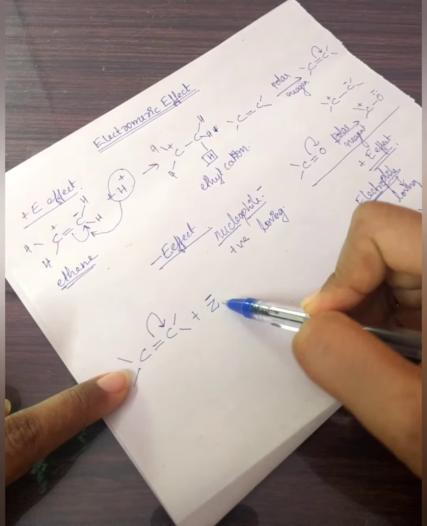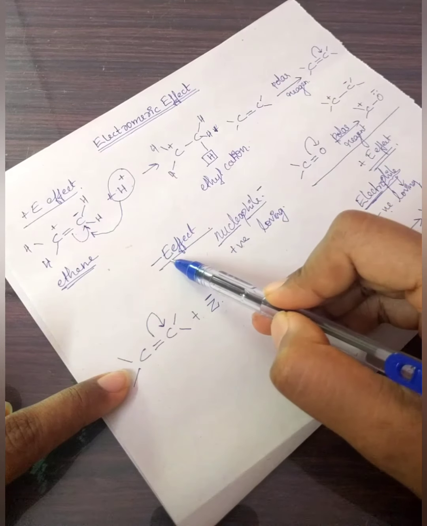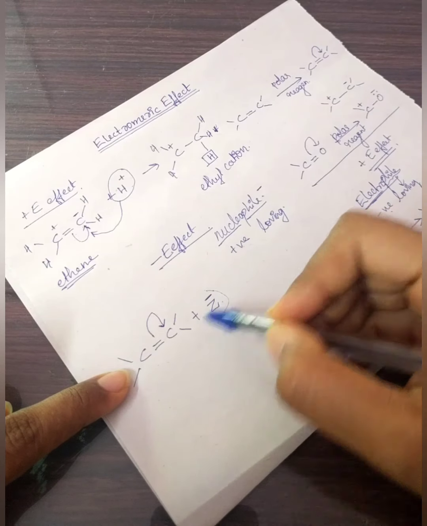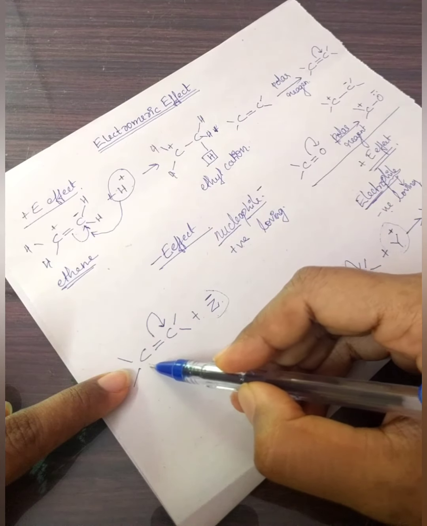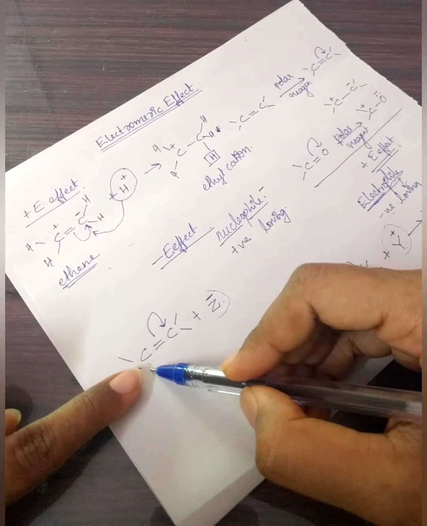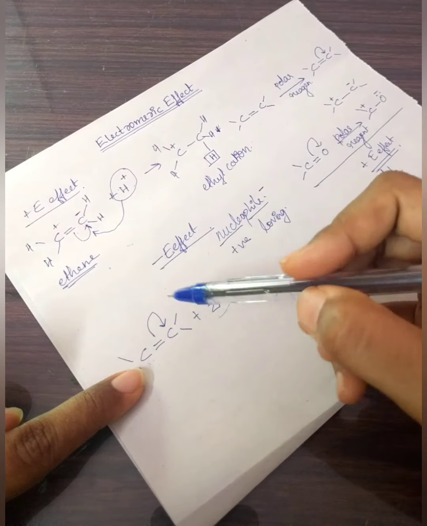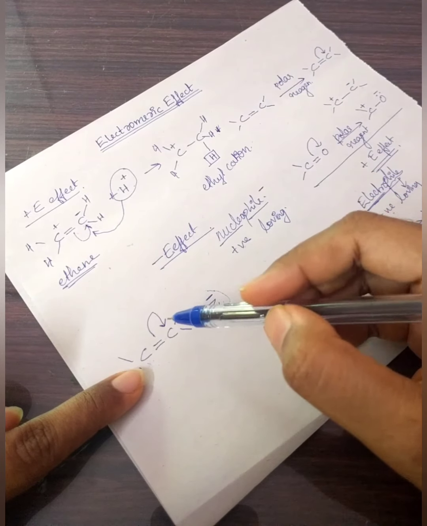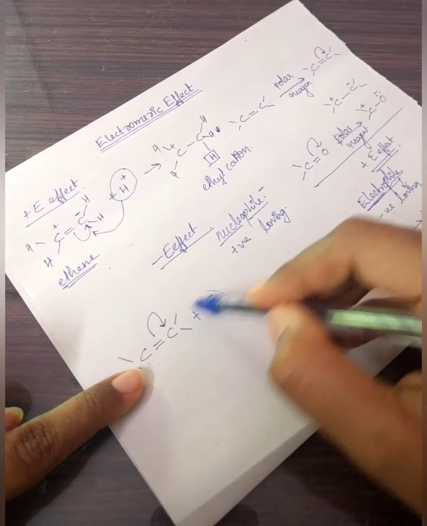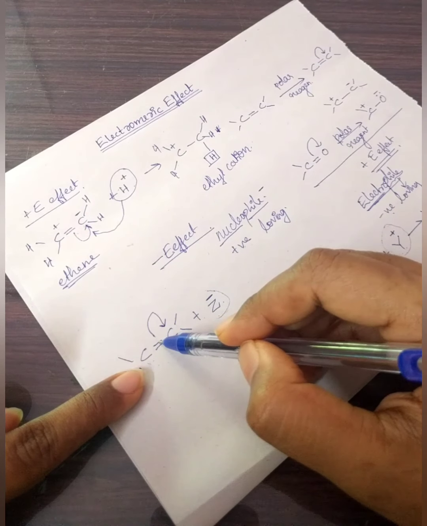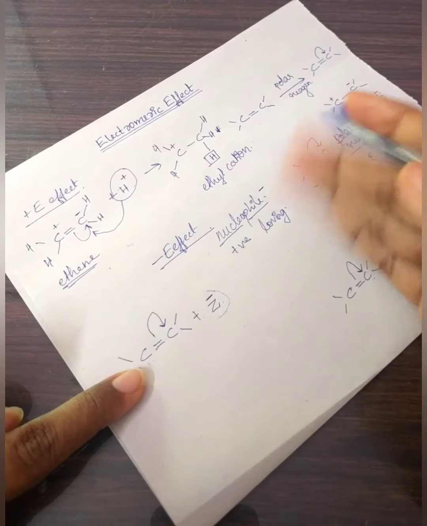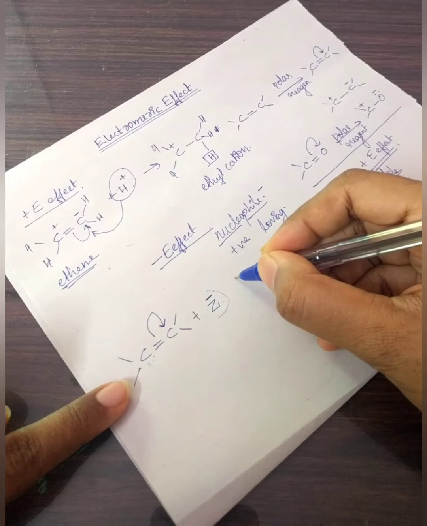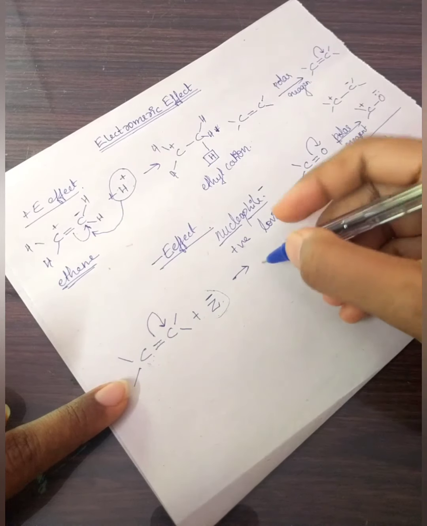So when this is getting attached, for minus E effect, our nucleophile should attach to this carbon which is having a positive charge. The electromeric shift of pi electrons takes place away from the attacking reagent. This electromeric shift should be towards the other end and the attack should be at one end. So according to minus E effect, the product will be,